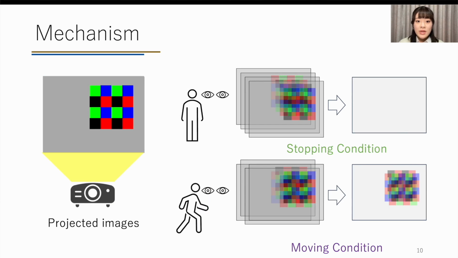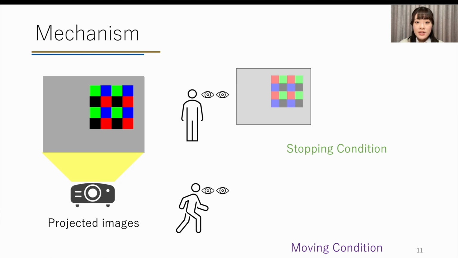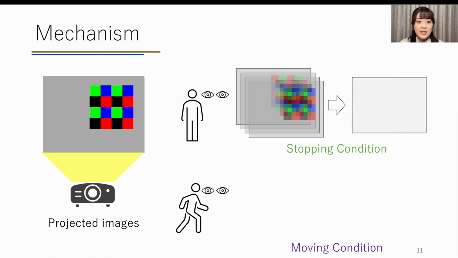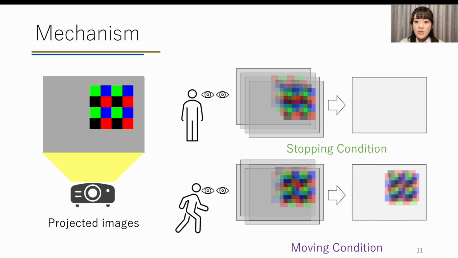Using this principle, we decompose a single image into 4 mosaic images. The mosaic patterns contain tiled RGB and black squares. These 4 mosaic images are added together to form the original image, shifting the colors over time. In stopping condition, the mosaic patterns of 4 images are correctly integrated in the human vision, and the original image is perceived. In contrast, the moving observers perceive an image with a part of mosaics added to the original image. This allows the user to see the highly salient visual cues and guide the gaze in moving condition.